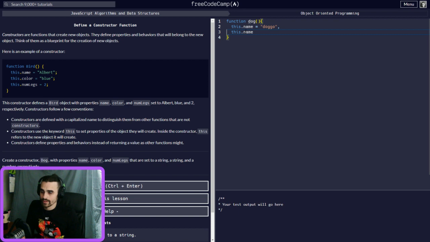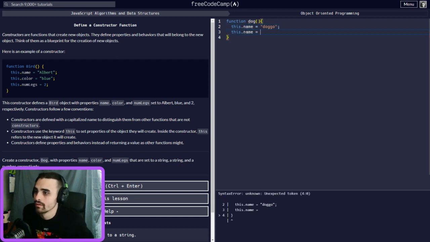In here we have to actually put lines, because this is a function and it's not taking it as an actual object. This is just to make an object.